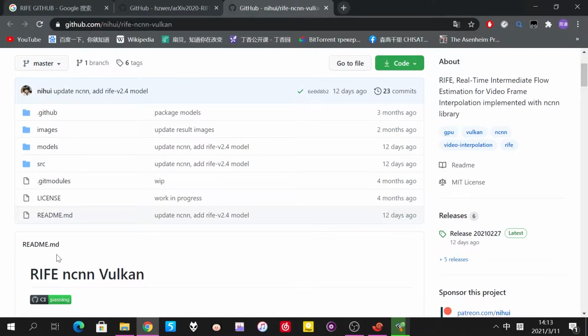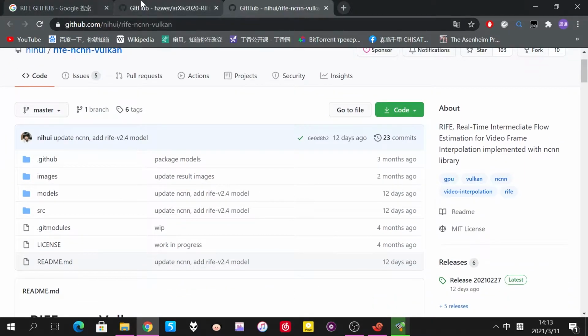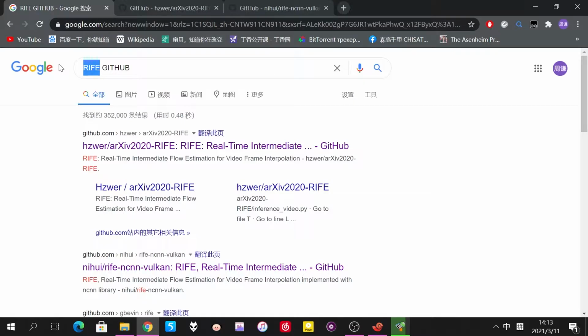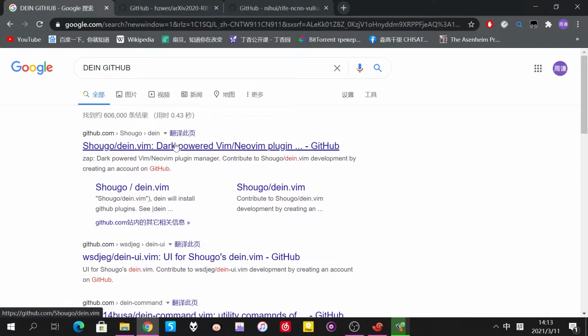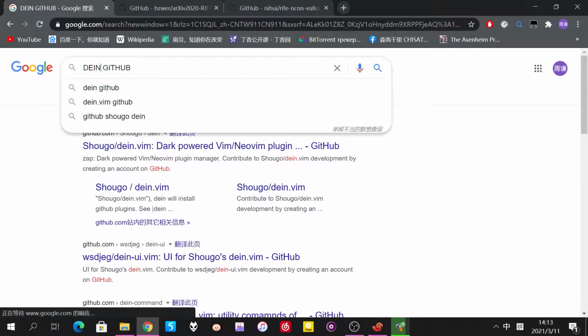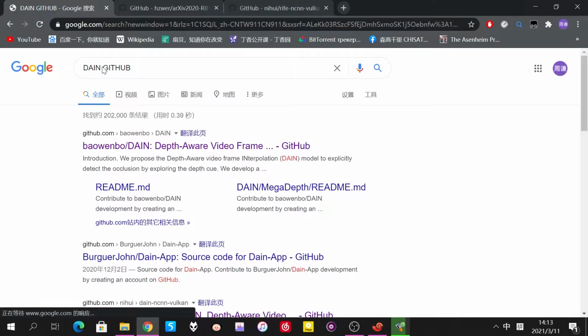This RIFE mode is the same as DAIN, you may know. I don't remember if it's DEIN or DAIN. Maybe DAIN. Yeah, it's the DAIN method. You may have known it. After DAIN, another one named CAIN appeared. But both DAIN and CAIN are very heavy on the CPU or GPU, and they must need an NVIDIA GPU to